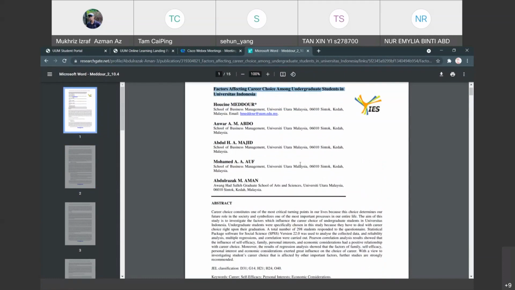Meaning that the sample comes from career choice among students in Indonesia, right? So if you want to refer to this article, according to Medo et al., it must be what they found in Indonesia, not from other articles that they refer to.